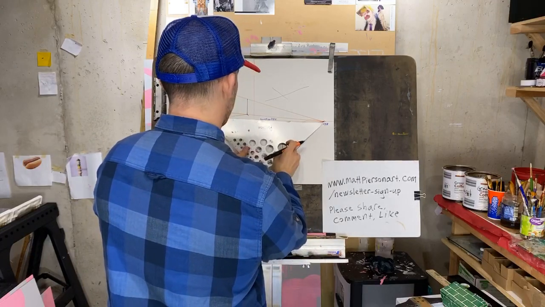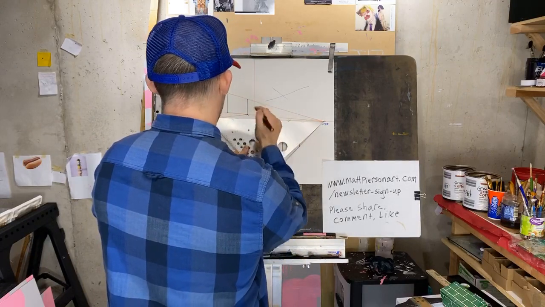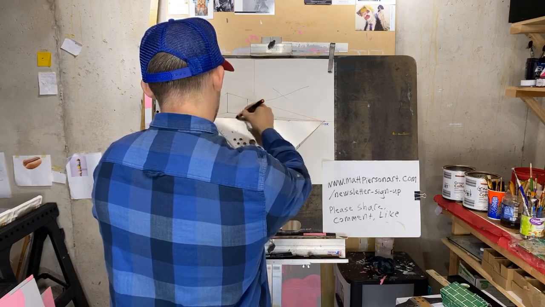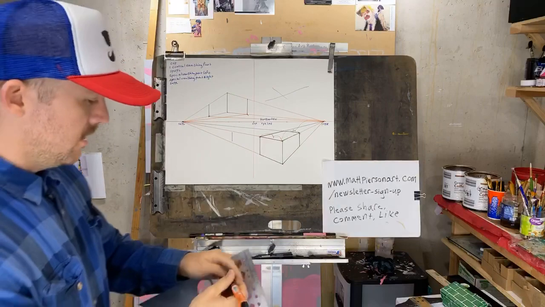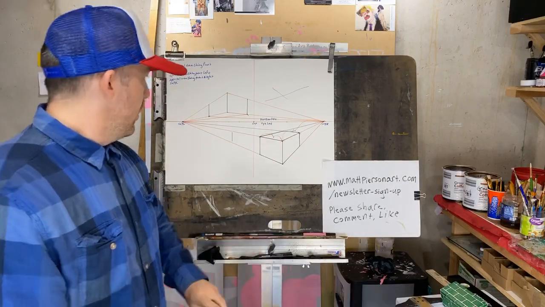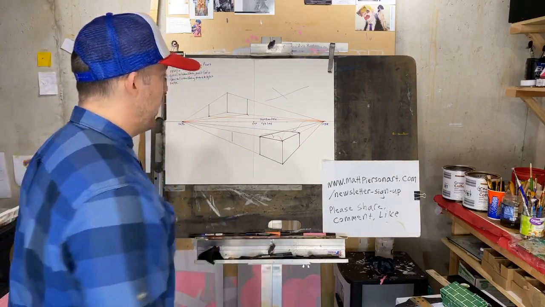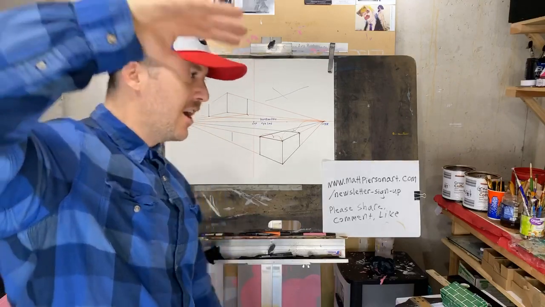I don't think I have a long enough ruler for this. I'm barely able to make it. So now we have an object in 2-point perspective floating above the horizon line,